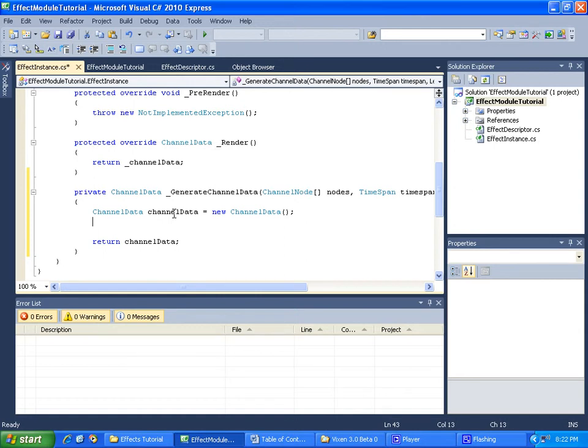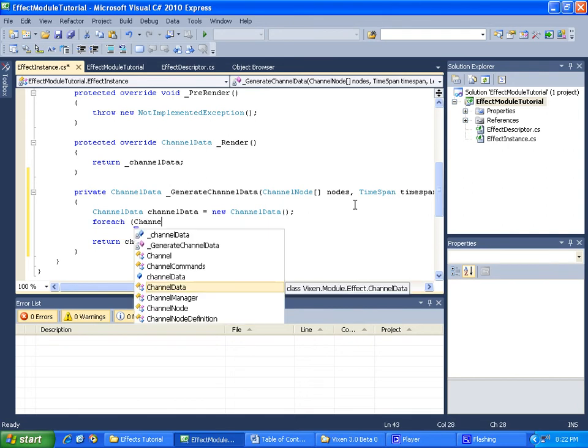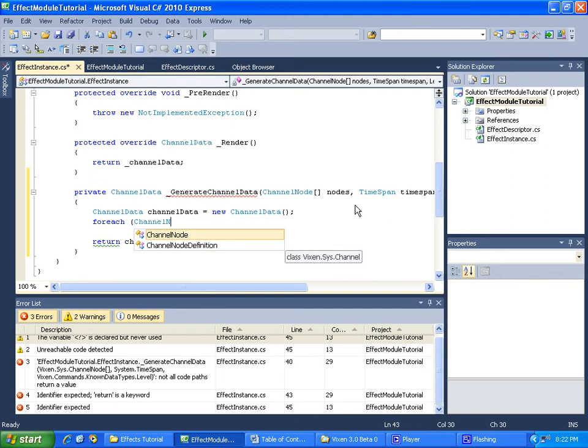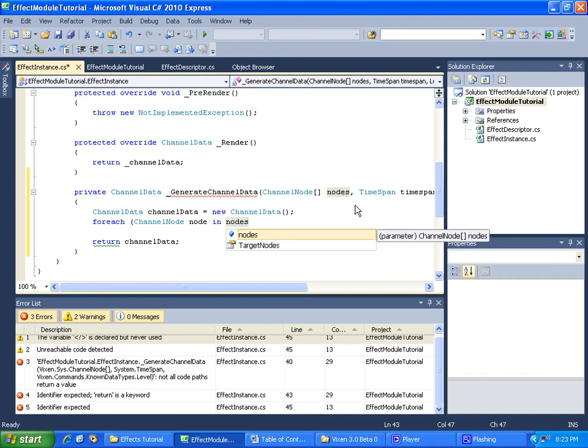So in other words, what we need to do is take the nodes that were sent to us, take a look at each individual node, and then of each of those individual nodes, take a look at the individual channel. So to do that, we're just going to say for each channel node, that's the type, channel node, and let's just call this node, in our nodes that are sent to us,